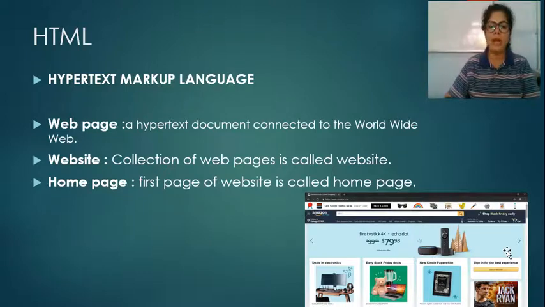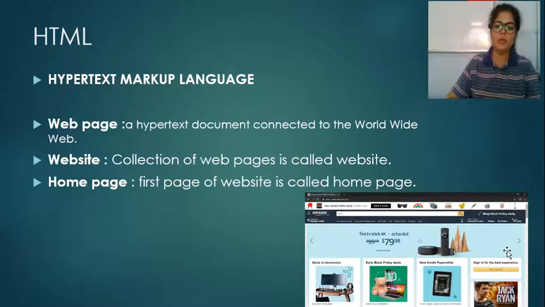By using HTML we can create hypertext. Hypertext means any type of link, and it most commonly displays in blue color. When you move your cursor on that text, the pointer changes from a normal pointer to a hand pointer, which indicates that this is hypertext. So HTML gives us the facility to create hypertext in web pages. And next is markup language. It is a type of language which is used to design web pages. I hope it is clear to everyone why we use HTML.